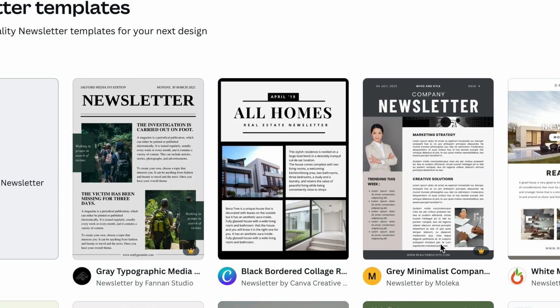Now, ideally, you just want to use Canva for the main banner, and then all the buttons you would create in MailChimp, because then